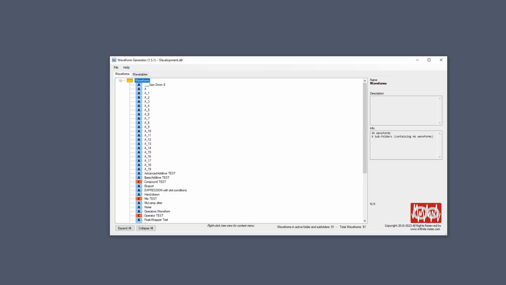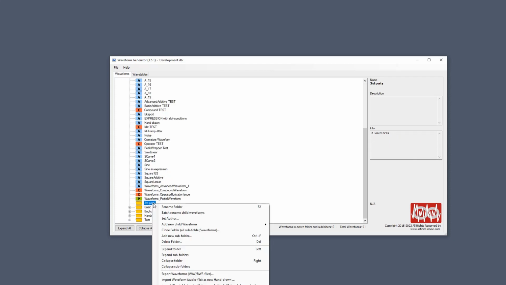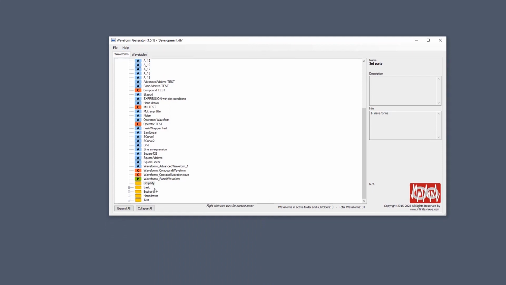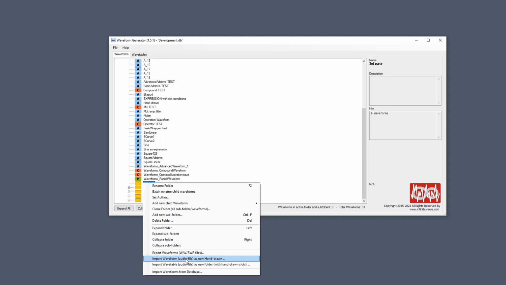Okay, let's look at the remaining things changed in this version. Beside importing an audio wavetable as a wavetable, you can also import it as a folder and then make a waveform for each of the slots in that wavetable. I have this third-party folder here in the waveforms tree view, and let's move it up. You can see it. We choose to import an audio wavetable,